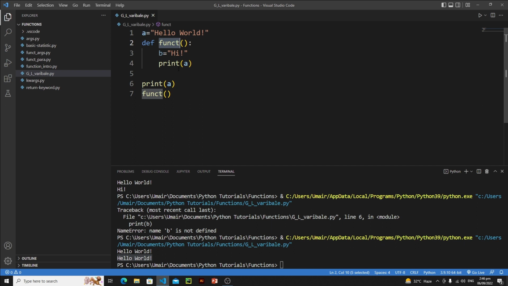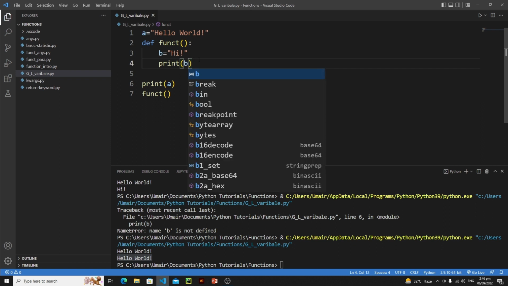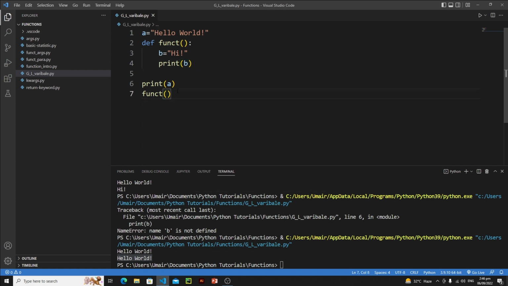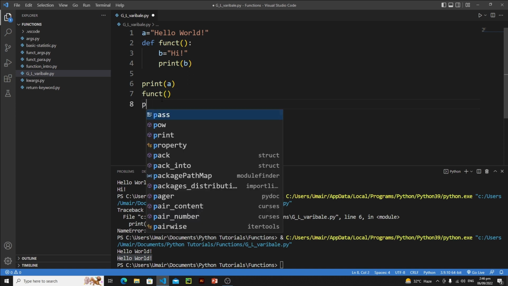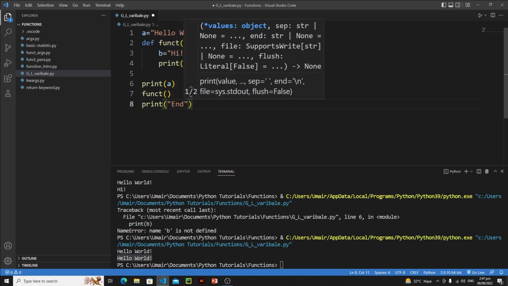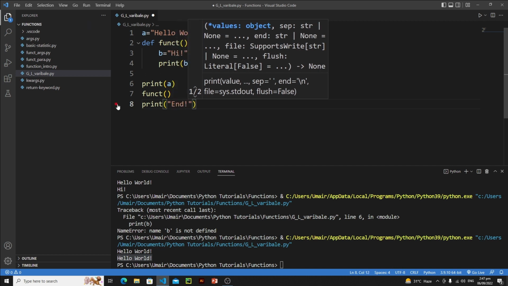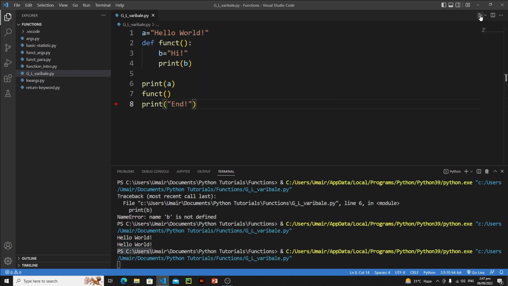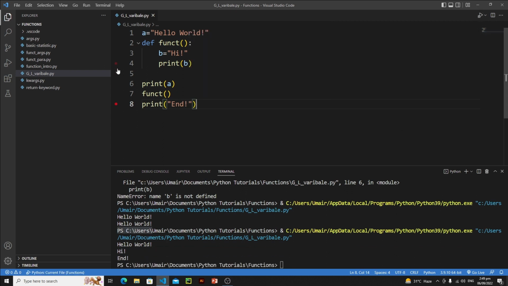Now, to understand it more deeply, let's debug this program and let me show you. So again, just write here b, and after calling this function, let's print another statement, and let me put a breakpoint right here. Let's save it. Let's run it. Oops, put another breakpoint right here as well. Okay, and now let's debug it. Debug Python file,